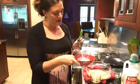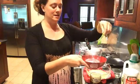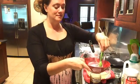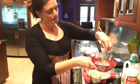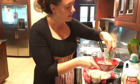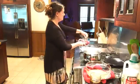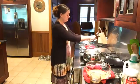So I'm at 112 degrees. You can kind of see I'm steaming here. I'm just going to slowly add this honey, and you're going to watch the temperature skyrocket. So as soon as it mixes in, sorry guys, I'm going to do this over my stove just for fear of making sure that I'm doing it right,